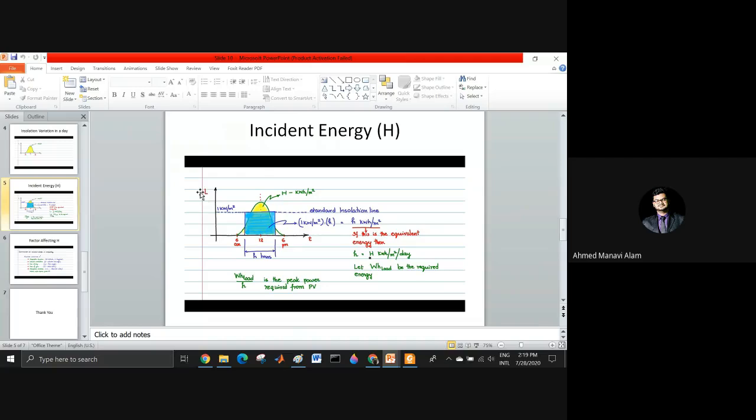If I multiply my solar insolation with time, then I get the incident energy. This is as simple as that. So in contrast, the area under the solar insolation curve is actually my incident energy. We will use the terms incident energy and solar insolation vice versa. So now let's continue our journey from the previous class.